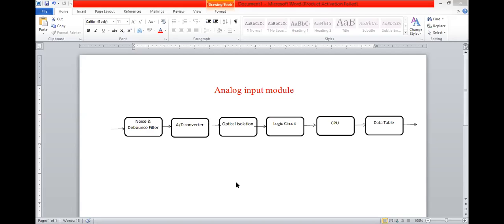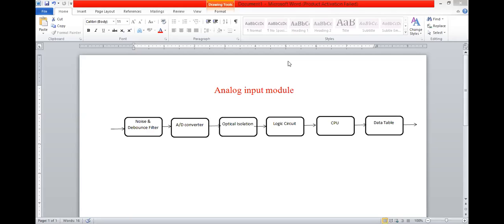When binary 1 is given to the LED, the LED will transmit light. That light will fall on the phototransistor. The phototransistor converts that light into electricity again. So binary 1 is produced at the output of the phototransistor.